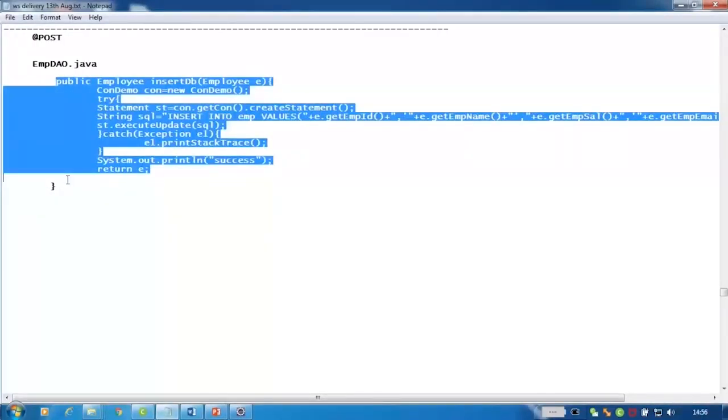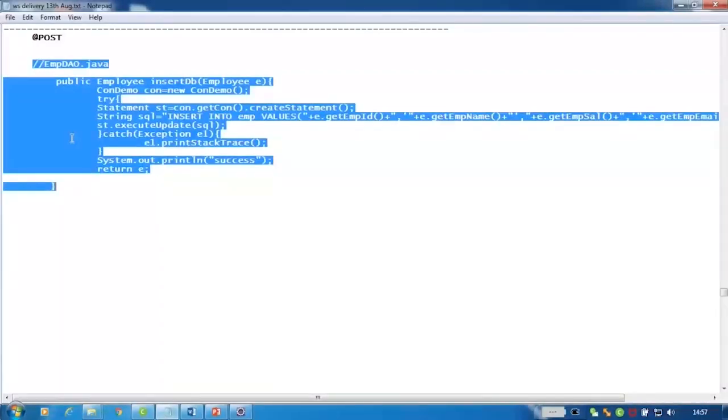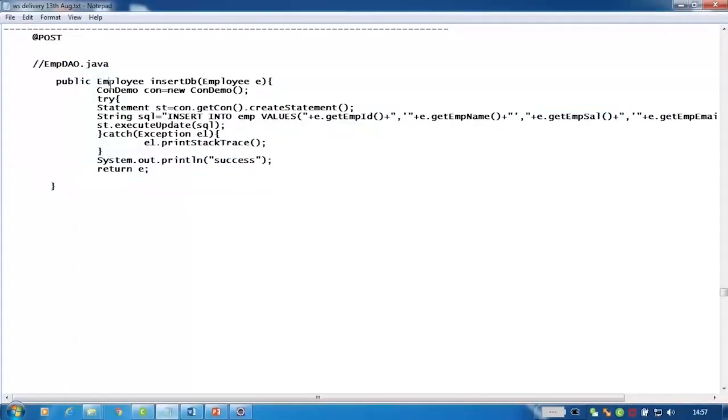So who is calling this DAO layer to insert some record, and it's going to return also the employee details that you have inserted in the database, right? Service layer is calling the DAO layer, right? So what is the method in the service layer? So write the method in the service layer, EmpService.java. Fine. So if you're writing the service layer method, what should be the method name? Public Employee createEmployee. This is the create employee method, and you have to pass an employee object,